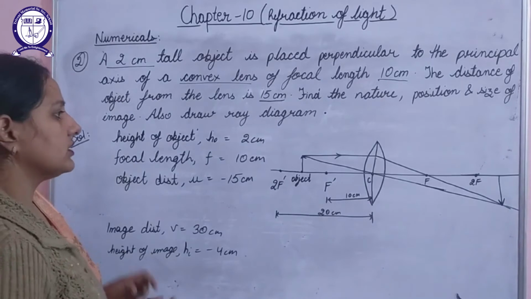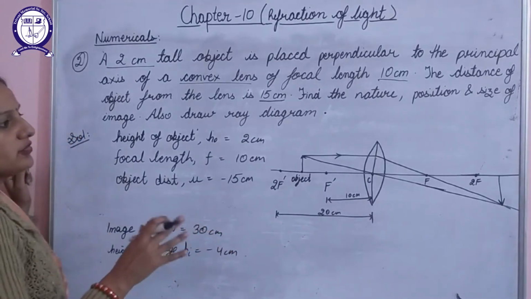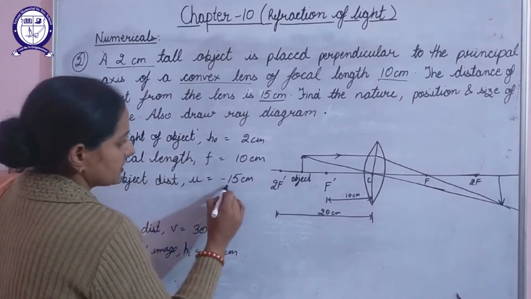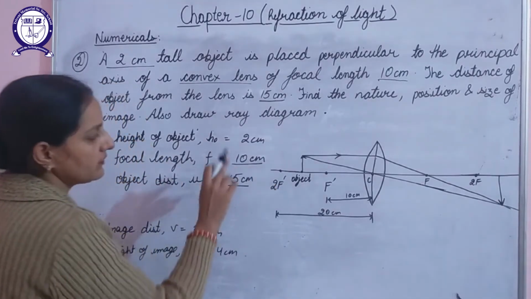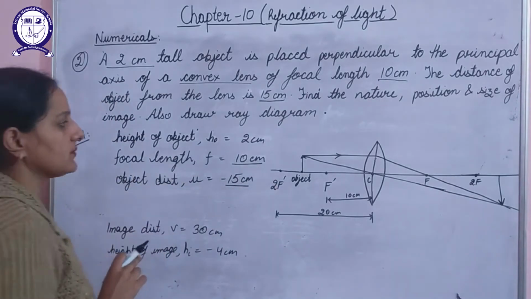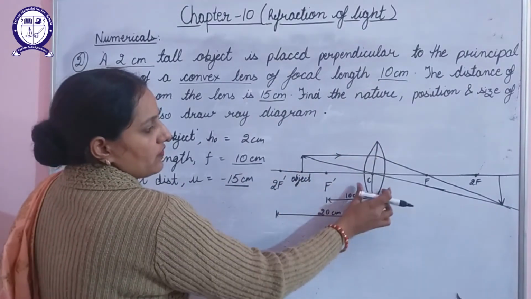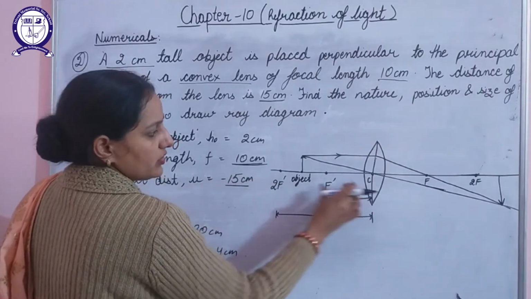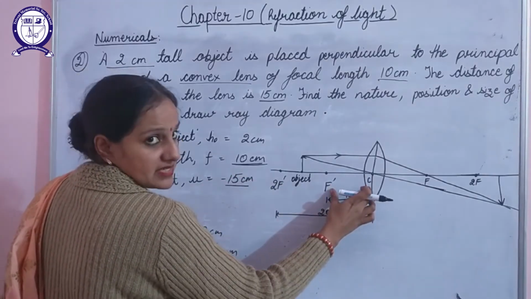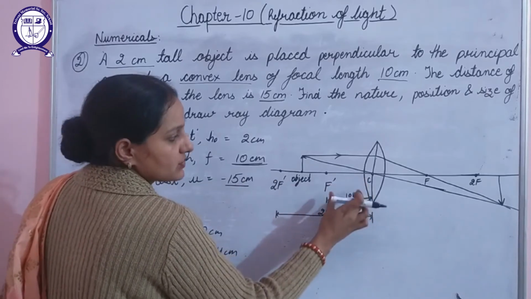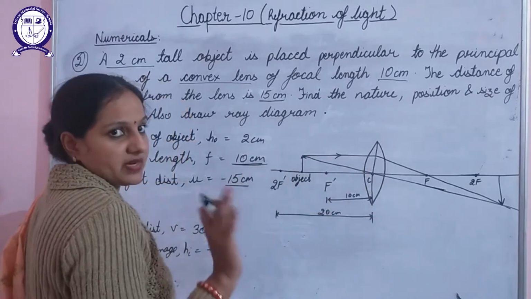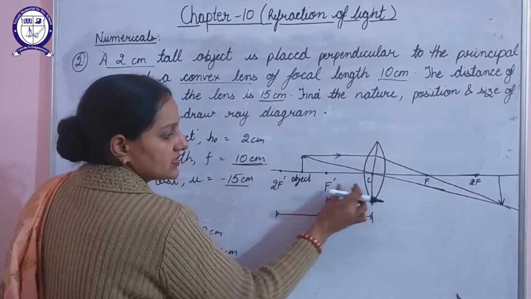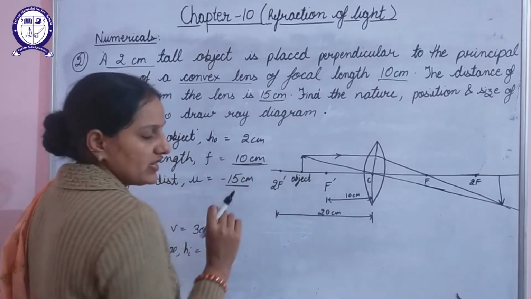Now if we draw the ray diagram for it, so how to draw ray diagram when a numerical is given? So from here, the object distance is given and focal length is given. We'll utilize these two informations. Now, in case of a lens, focal length, if it is given as 10 centimeters, so we'll locate these points. Focal length is at 10 centimeter, that is f dash is at a distance of 10 centimeter from this lens. So 2f will be double the distance, so 2f will be at 20 centimeter.